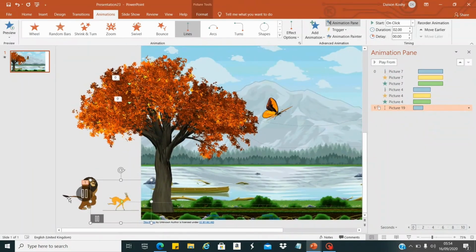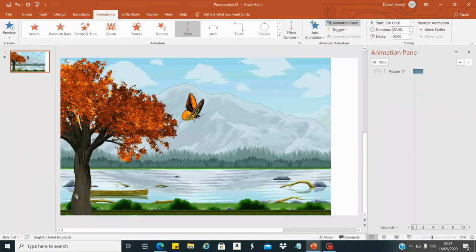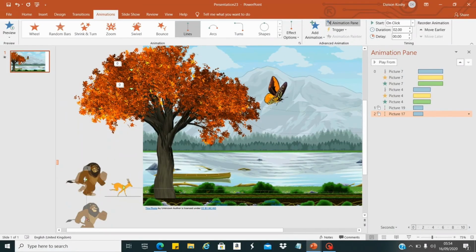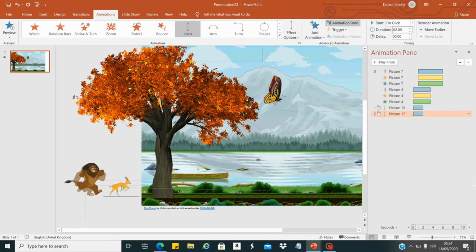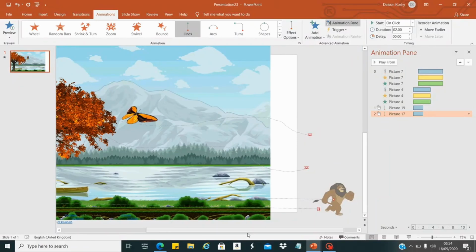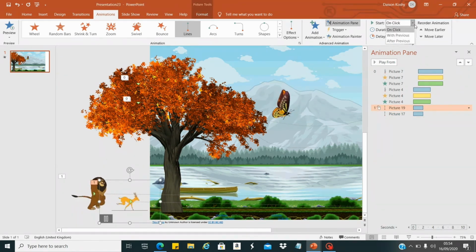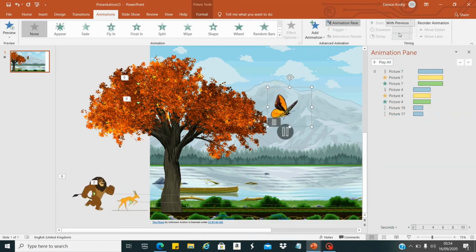Then select the lion, select more animation, select line, take the end and drag it to the end. Then set start to with previous for all the images. Okay, so now our images are ready.